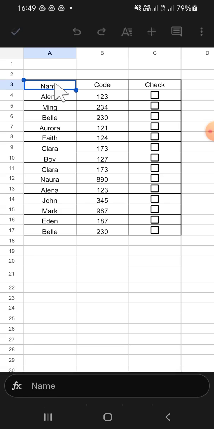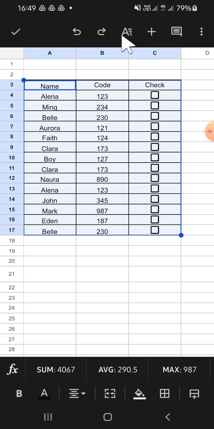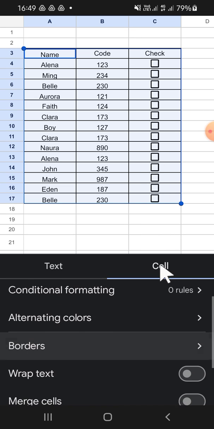So we can tap and hold on the table, then we can select the table like this. Make sure that you select the whole part of your table. Then after we have selected the table, we can tap on this icon. Then you're going to tap on the cell option right here, and you have to scroll down until you find